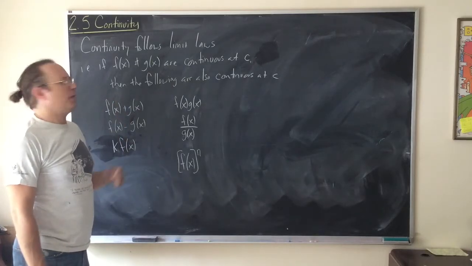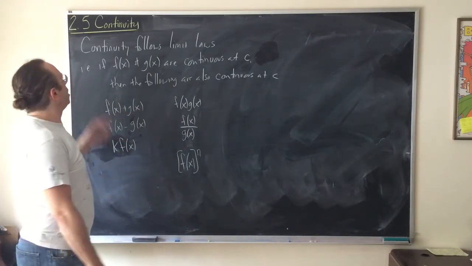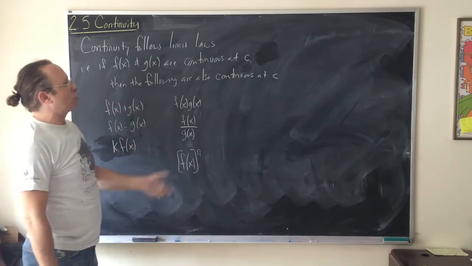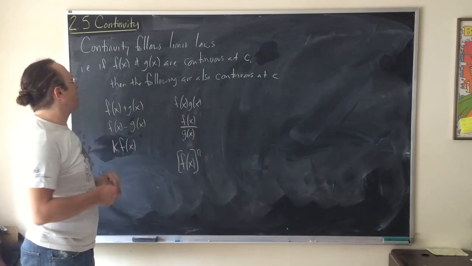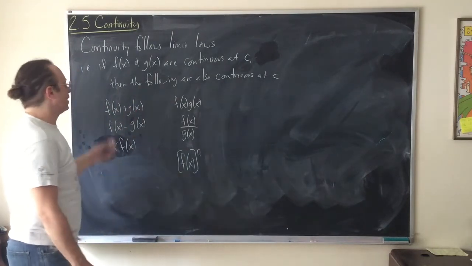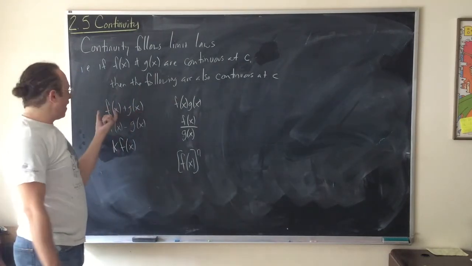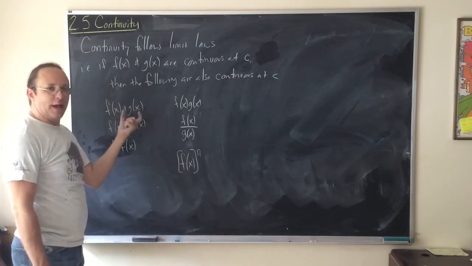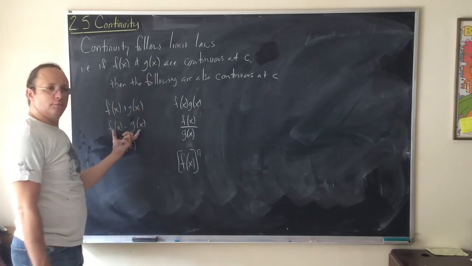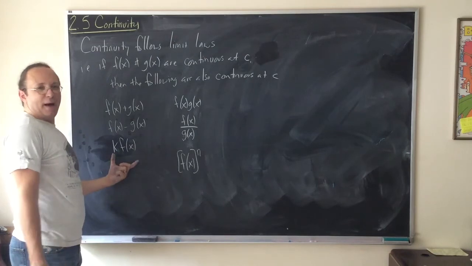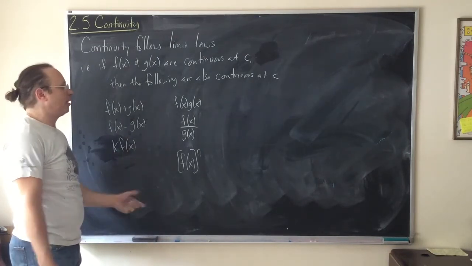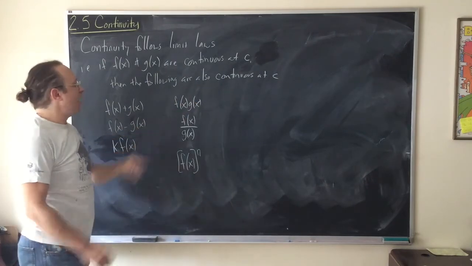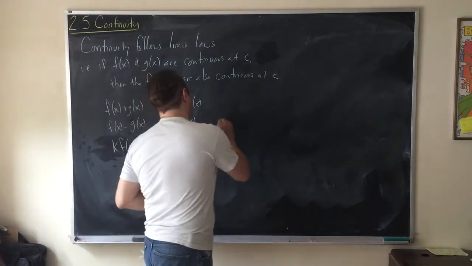Fortunately for us, continuity primarily follows the limit laws. So that's to say if f of x and g of x are both continuous at some point c, then the following functions are also continuous. F plus g, well if f is continuous and g is continuous, if you add them together, it's still continuous. Subtraction, if you multiply everything in f by 3, it stays continuous. It just makes everything 3 times bigger. F times g, f divided by g, as long as, of course, g